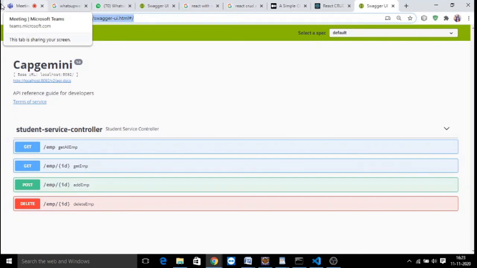What is Swagger documentation? With this, the client will have a plan of how to consume it, how many methods there are, and which method to consume. So they get a clear idea about your complete service application.